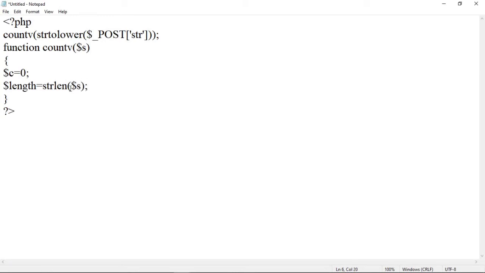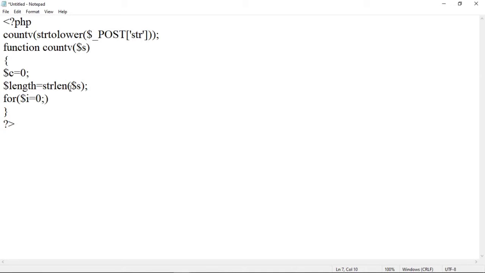Now here we have to process this string. We have to go through each and every character from the string, so for that we will use a for loop. So for $I is equal to 0.